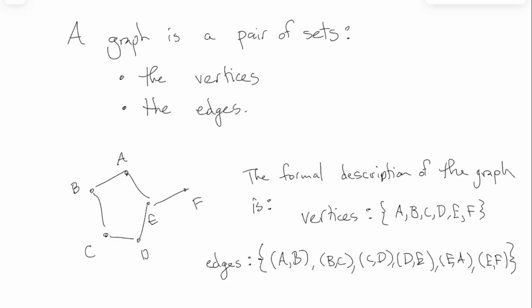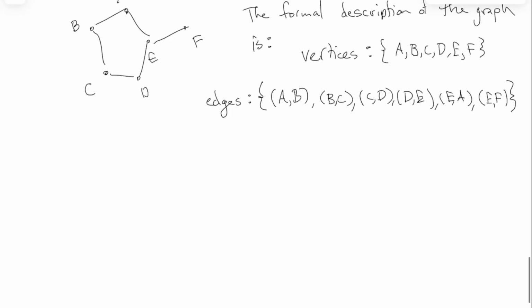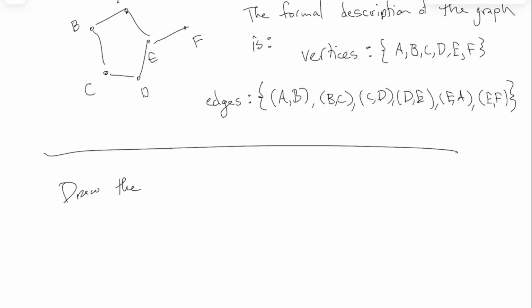There's no weird looking picture that would make this hard to do. You just write down a list of the vertices and a list of the edges. All right? And you can also go the other way around. I could give you a formal description and then say, your job is to draw me a picture of this graph. So maybe we can try that right now. And this, like I said, is always going to be easy. So I think maybe I will just have you try and do this one. Draw the graph that looks like the vertices are A, B, C, D, and the edges are